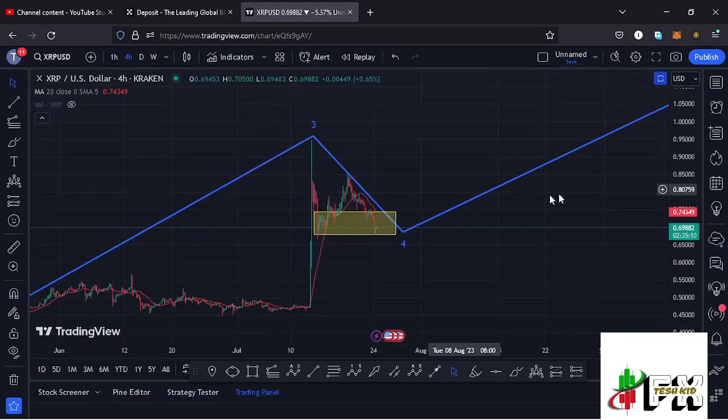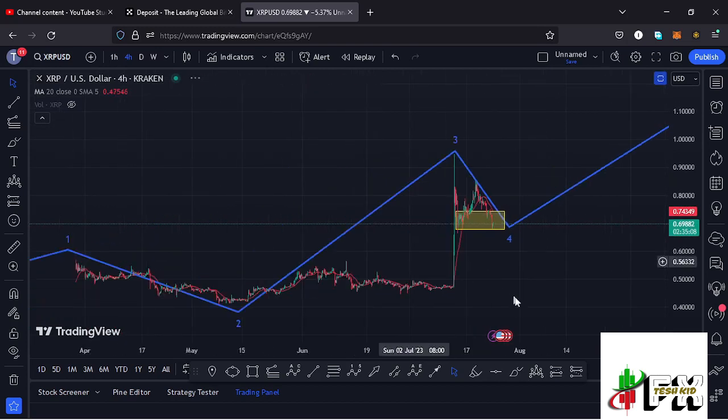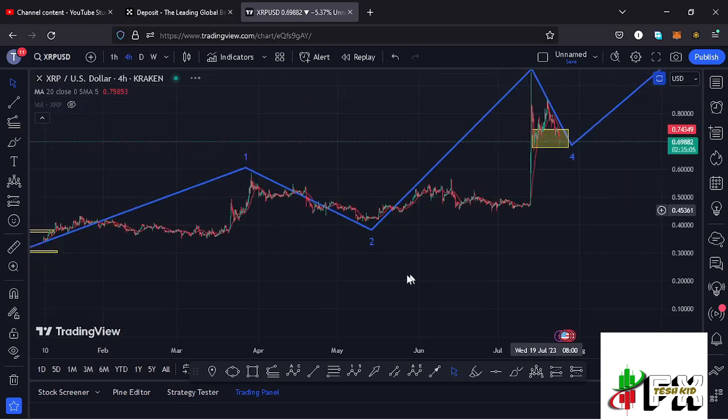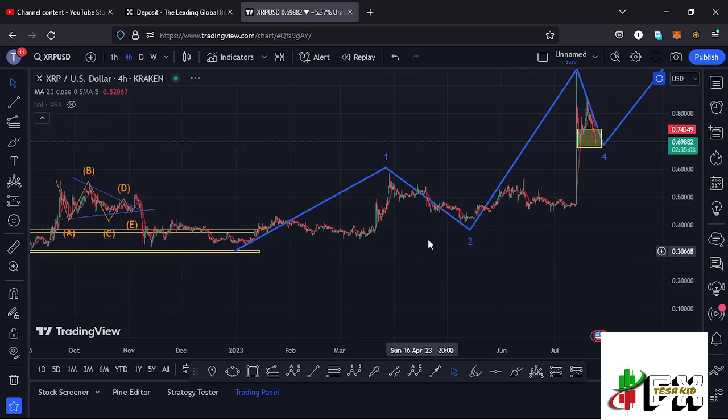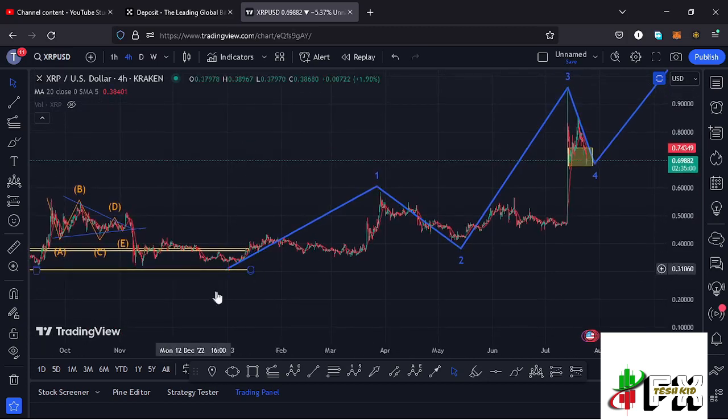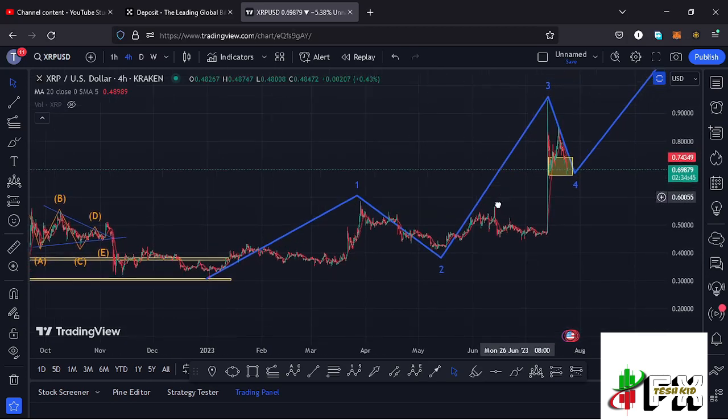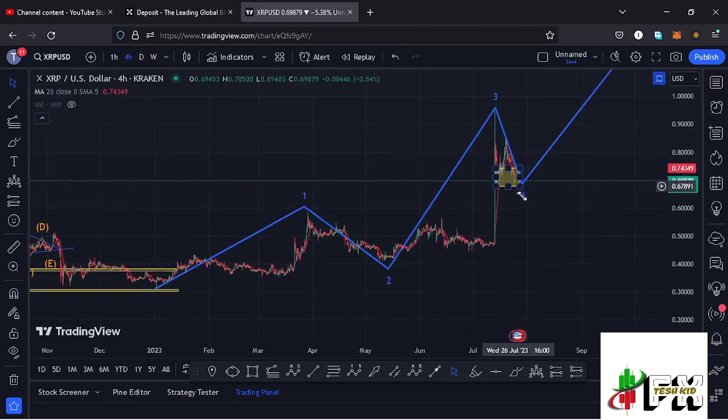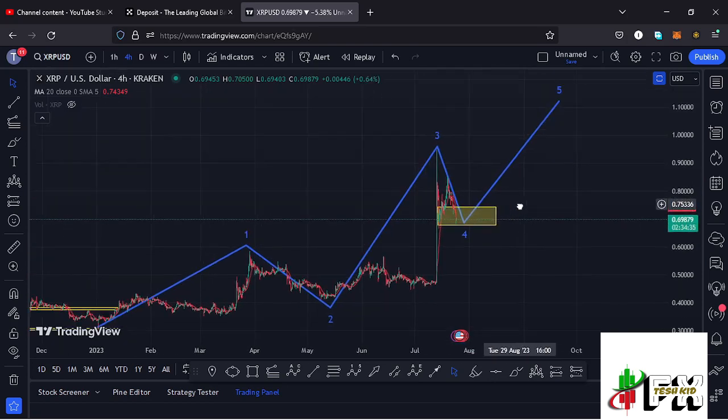Before I give you minimum target areas for the wave 5, allow me to give you a recap of what I have here on the charts. After seeing our December lows, we saw this bounce to the upside in what I'm terming as the formation of this wave 1, then a breakdown move in the formation of this wave 2, then this massive pump to the upper side in the formation of this wave 3, before we started our breakdown move in the formation of this wave 4. And I'm expecting XRP to give us a reaction of the target area